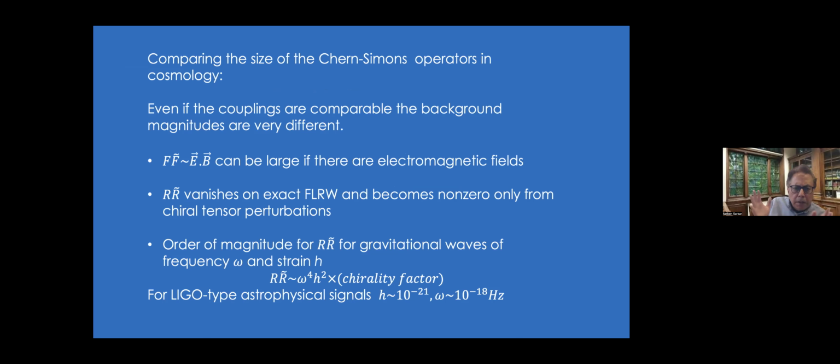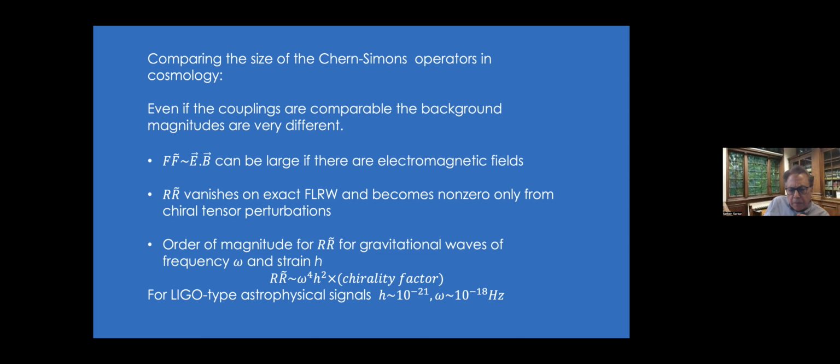So the various Chern-Simons operators, as a matter of interest: the F F-tilde can be large if there are electromagnetic fields around. R R-tilde vanishes on exact FLRW (Friedmann, Lemaitre, Robertson, Walker) metrics, and it can become non-zero only for chiral tensor perturbations. So if you think in terms of orders of magnitude for gravitational waves, R R-tilde is very small,